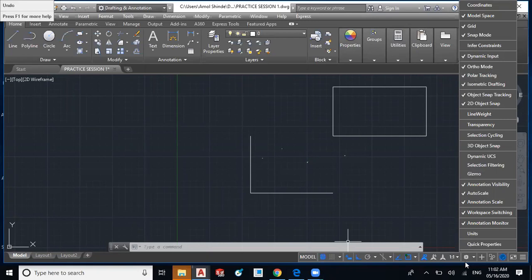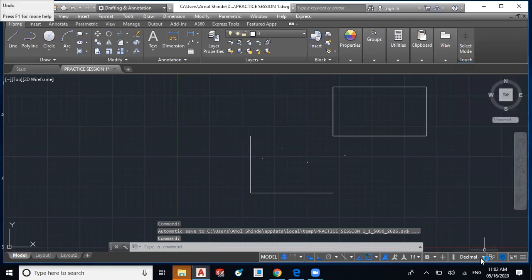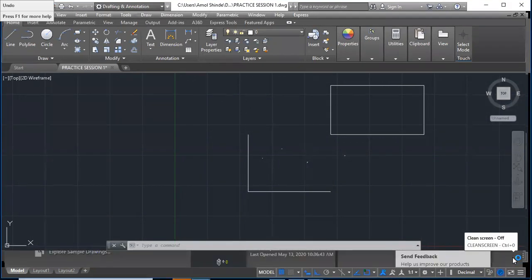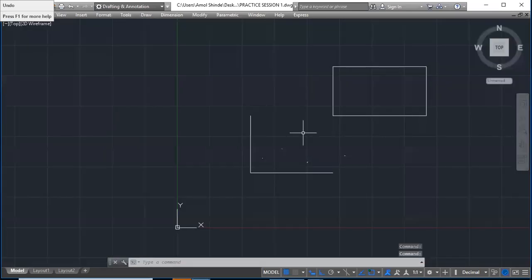Then you can call units also. There are units. You can call this on the status bar. So there will be the units in decimal. Okay, you can switch the units from this option as well. This is the isolate object option. Then there is a clear screen. If you want to clear your screen, then you can use this option to clear the screen. It means whatever settings you have done will be cleared from the setting window, and it will be fit to the window.